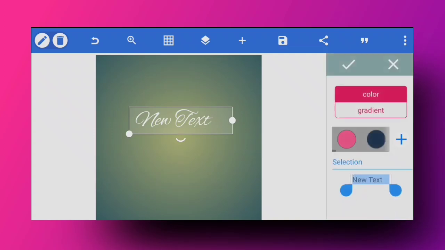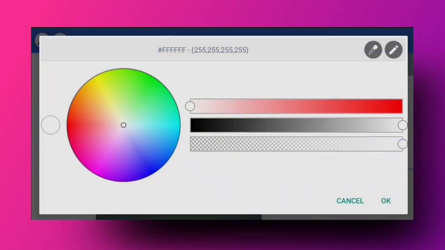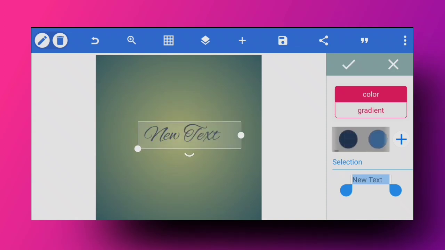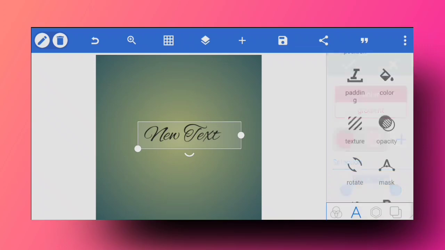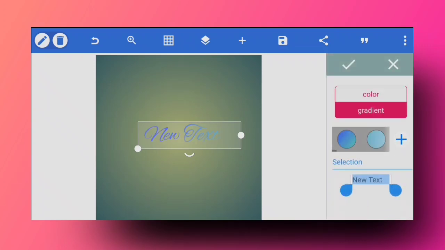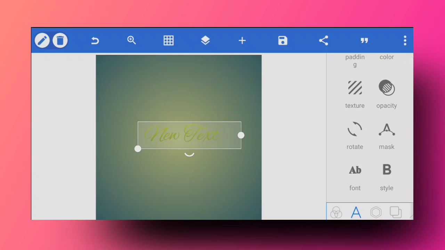Once we are done with padding, you can also add colors. I've explained how colors basically work. You can add whatever color you choose, and that will be added to your text. There are also basic colors over here that you can see. So you can just add colors to your text layer. You can also add gradients. These are the gradients that I have. So this is how you can color text.